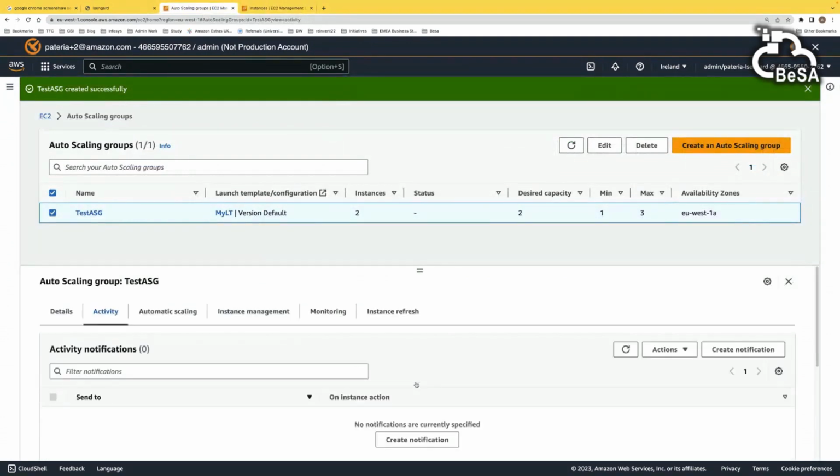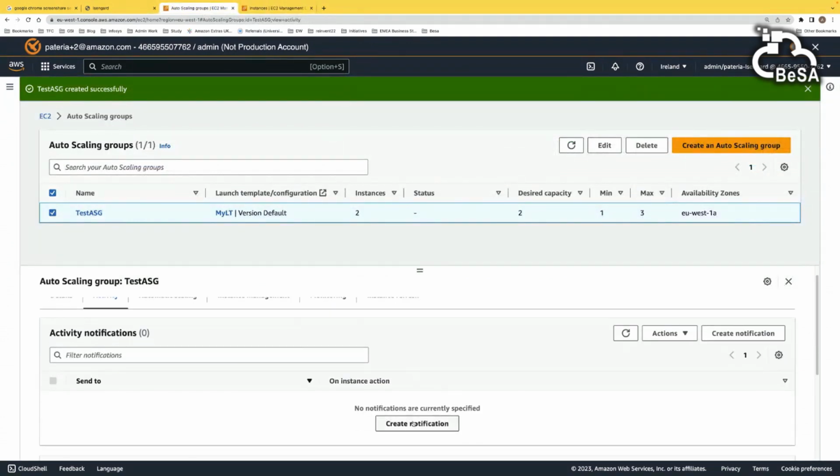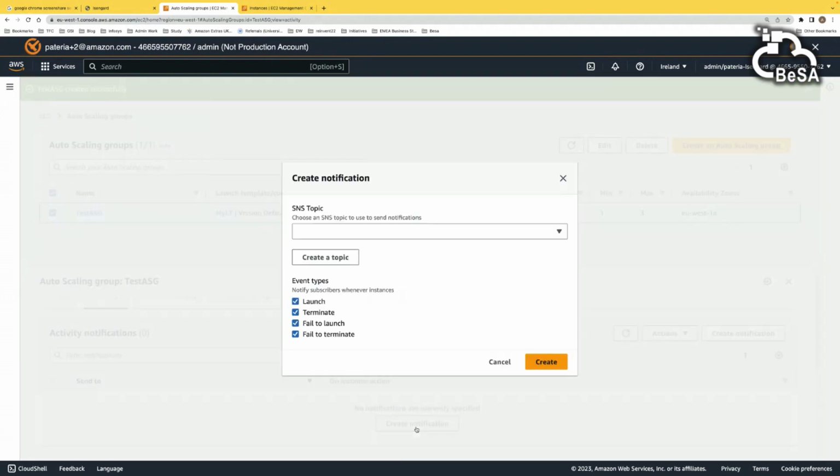So here if you come, in a real life scenario, you want the automation, but you want your system admin to know what is happening. So there was a problem, it is taken care of, but you need to have some sort of log, some sort of notification. So what you can do, you can create a notification.